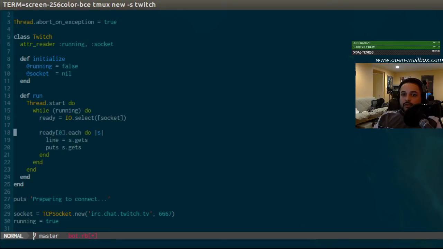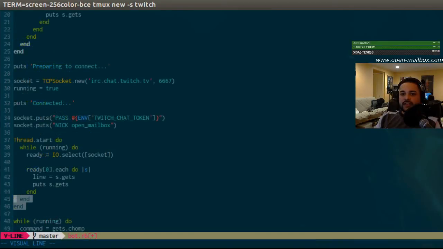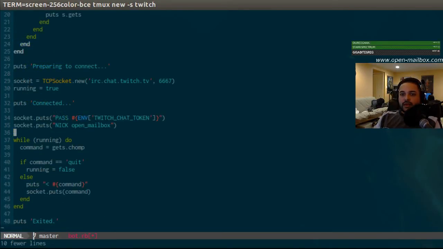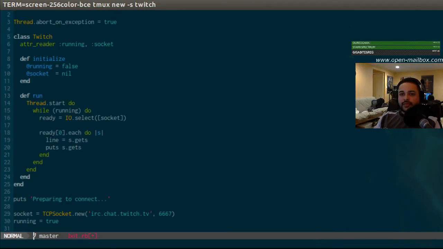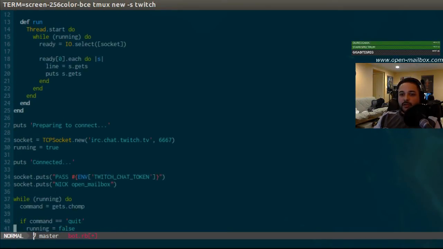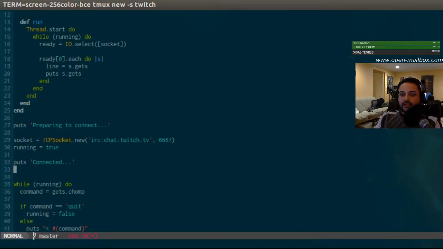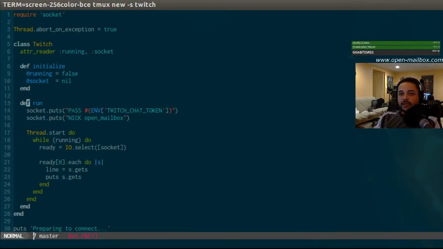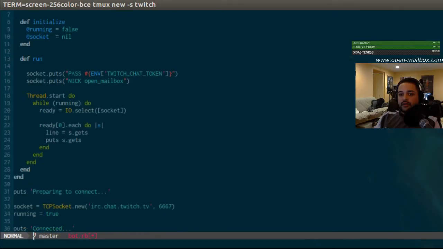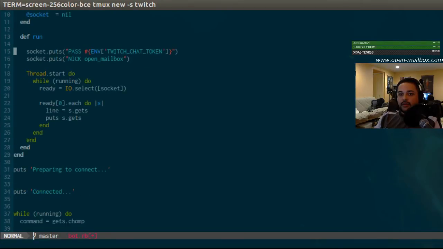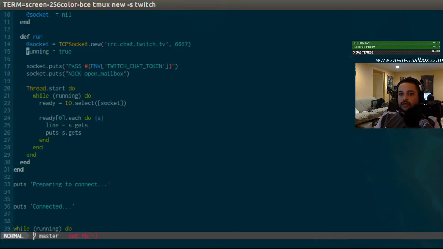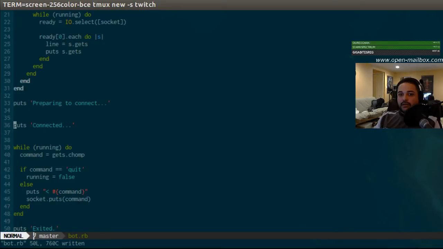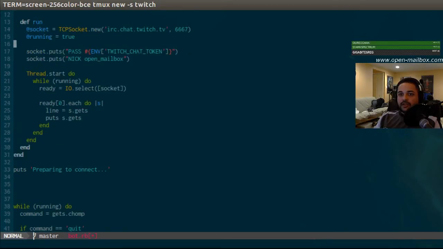So when we call run on our Twitch bot here, it's going to set up the background thread. Take this out down here. And instead, what we'll do is actually the other thing we want to do our setup. So we want to handle all this stuff inside the bot. Our initial setup. When we run it, we're going to set up the socket in there. We're going to do all that stuff, right? And we'll put our log message in there.